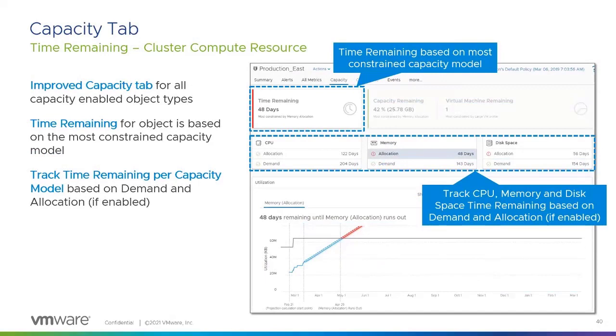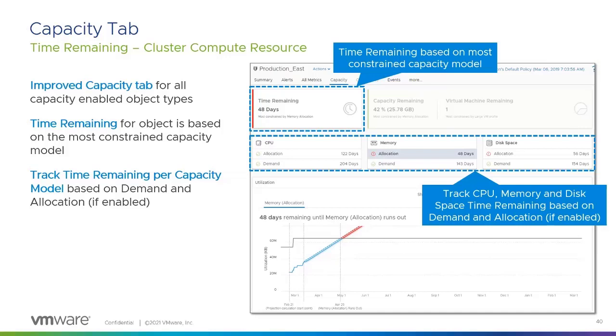So a couple little things we'll talk about from the UI perspective. When you're looking at the capacity tab, this happens to be a cluster itself. The main thing you want to look at is time remaining. So time remaining is looking at, like I showed on the diagram before, the time before you run